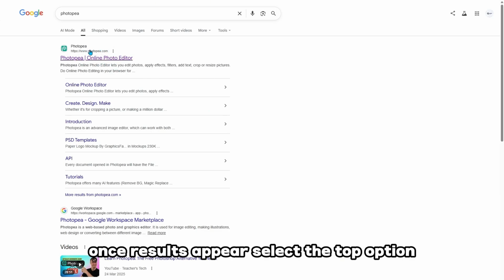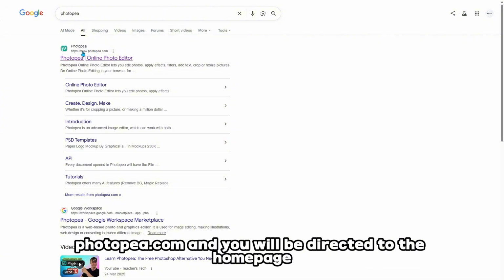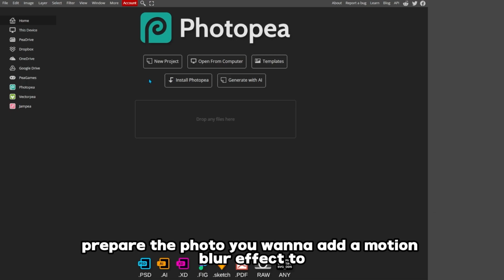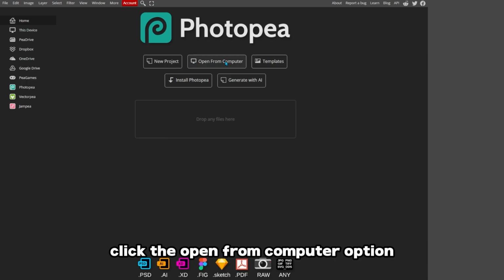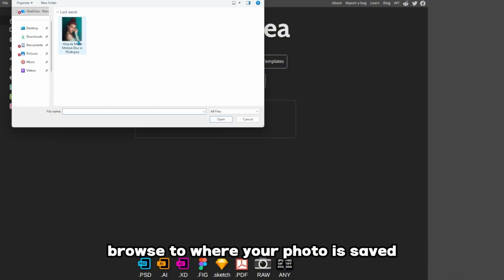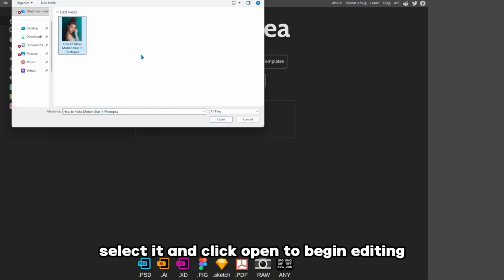Once results appear, select the top option, and you will be directed to the homepage. Before starting editing, prepare the photo you want to add a motion blur effect to. Click the Open from Computer option, browse to where your photo is saved, select it, and click Open to begin